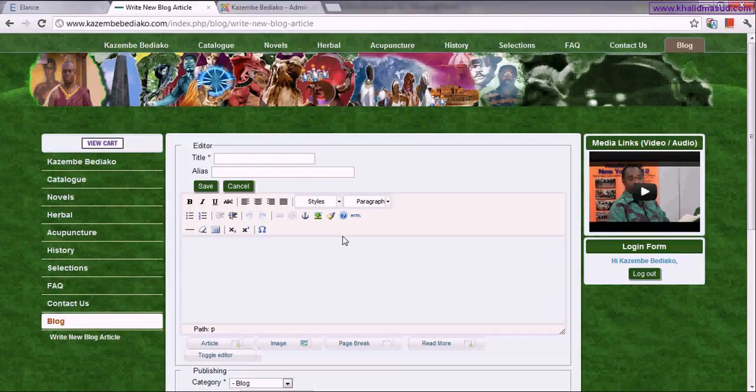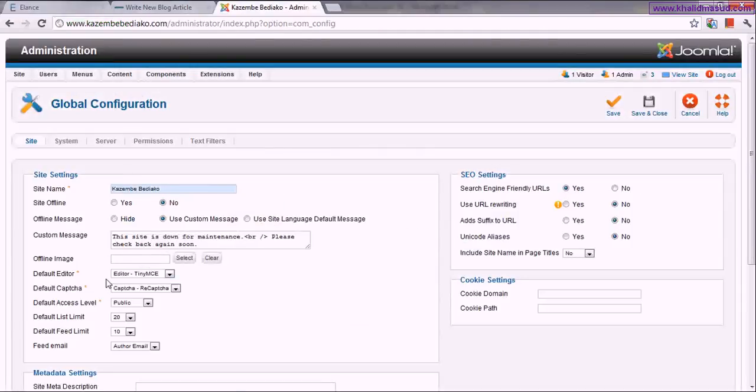The option here decides what kind of editor you want to use to write that stuff.